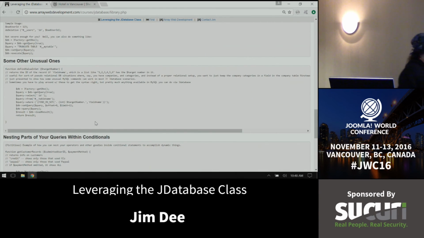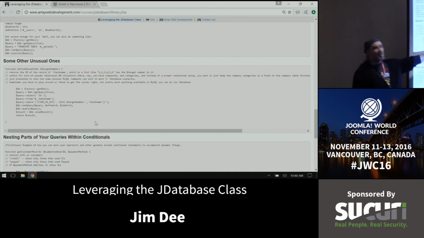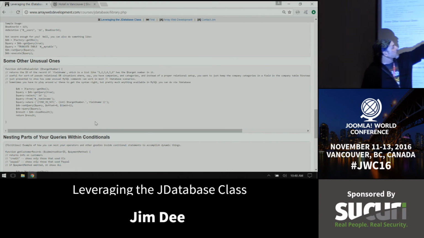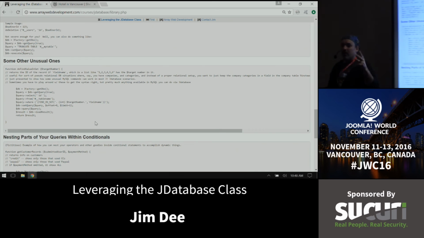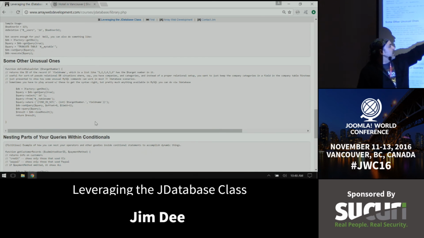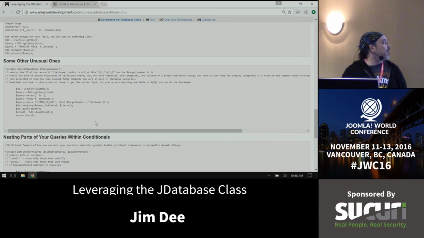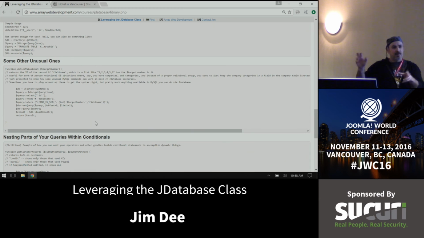Here's a FIND_IN_SET example, which is a weird, obscure thing that you can do with MySQL when you have a string like 1, 2, 3, 4, 5, 6, and you just want to query a record that may have a 3 in it in that field. It's an interesting way where I've seen sites where instead of having a relational database with a mapping table, like user